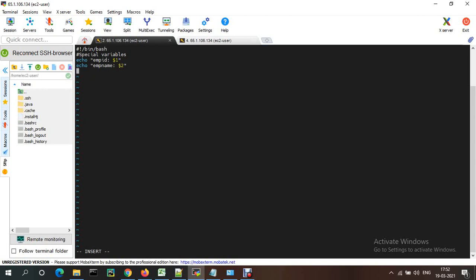Okay, if I want to display the file name of the script, $0. If you want to know how many arguments are passed to the script, you just give number of arguments passed through script. You just need to provide $#.